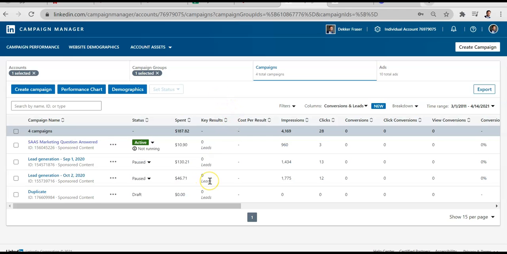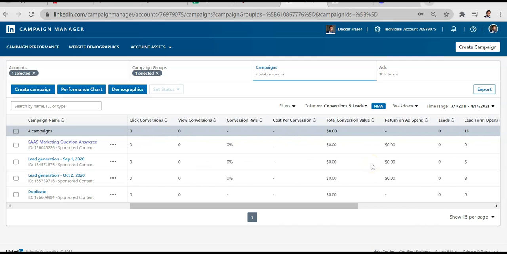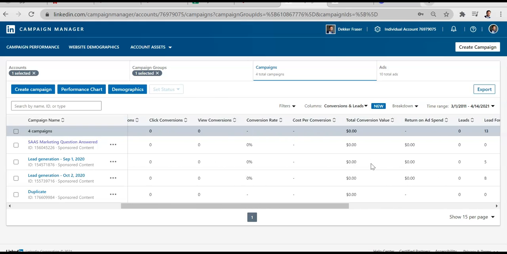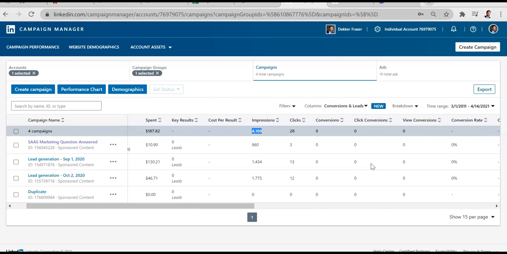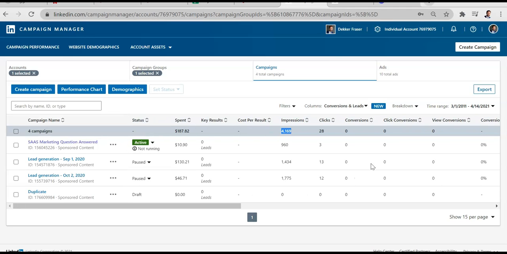So it's very difficult to actually assess performance in this particular campaign group. But I could look at something like clicks, impressions, and other kind of leading indicators that may not necessarily be vanity metrics, but are predictors of where impact could be. So for example, we can see this one had fewer impressions.